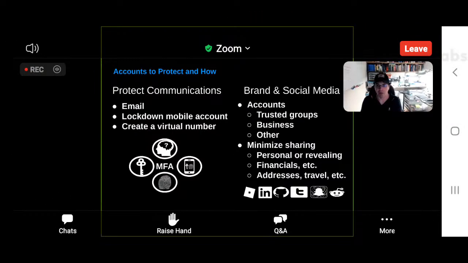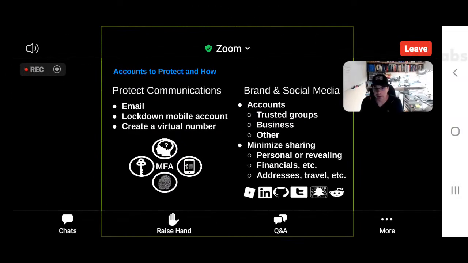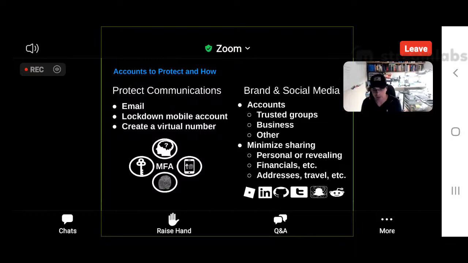The next step, apart from protecting the most crucial communications, is protecting our online accounts. In general, I try to break up my accounts into several groups. I have a trusted group of accounts that I always use, like LinkedIn, Facebook sometimes, and some other social media. Then there are my business accounts. These are the ones where I take extra precaution. I'm making sure that any communication takes place via SSL. I'm not running it on an untrusted system. It's a system that I own and know. And then there's the other stuff,